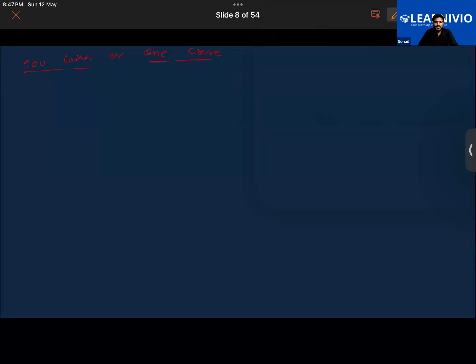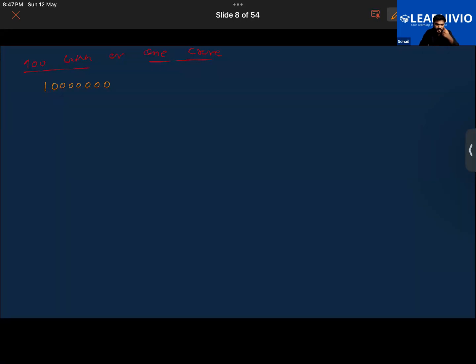Okay. So basically, how would you be writing 100 lakh in terms of number? How is it written? How many zeros are there? No, more than six. See, 1, 2, 3, 4, 5, 6, and 7. Okay. There are 7 zeros. 1 along with 7 zeros. 1, 2, 3, 4, 5, 6, 7. Getting it, guys?